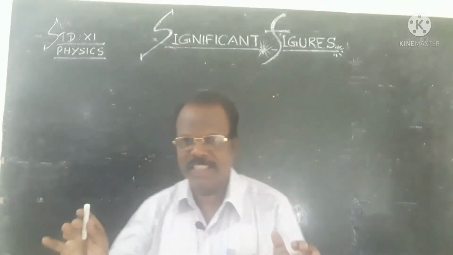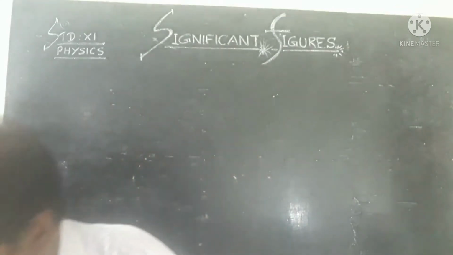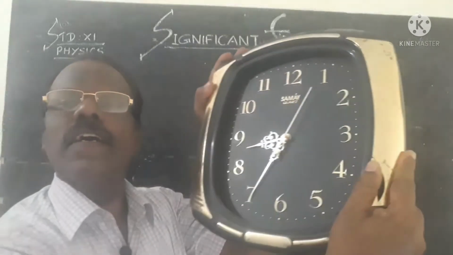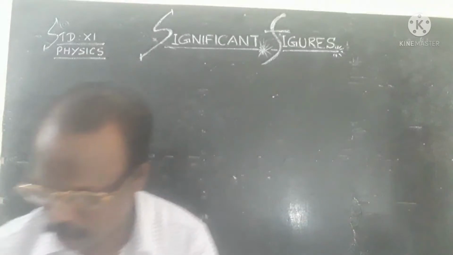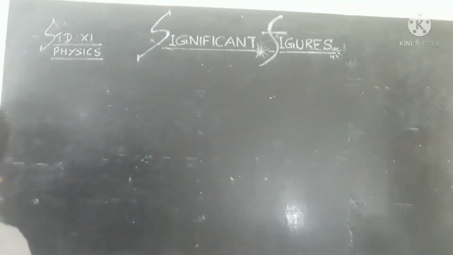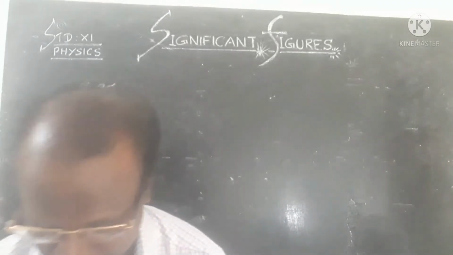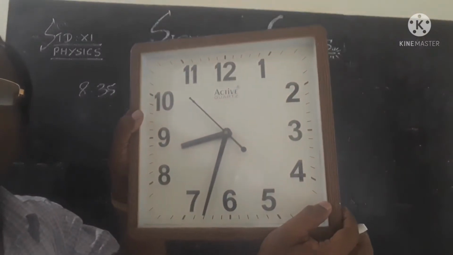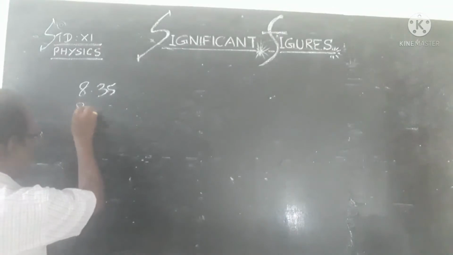So significant figures, what is the meaning of significant figure? Now I am going to explain a small example. For example, now I have a clock. See the clock. The clock shows the time 8:35. According to the first clock, it shows 8:35. But the second clock shows 8:34 only. But another clock shows